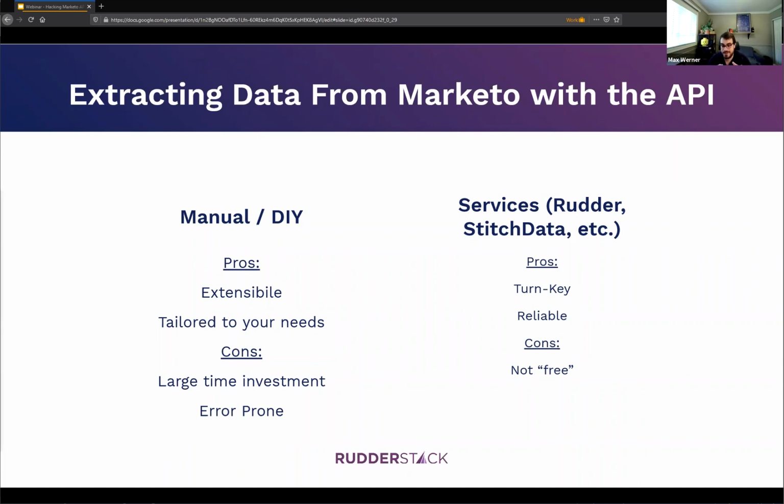Whereas with a CDP in the middle, you can just say, on top of your warehouse, you push the same data. That's your source of truth. You push it into all of the destinations at the same time, and then it's not this single point of failure chain. Totally. One last point on that, I think a lot of people have experienced is when you